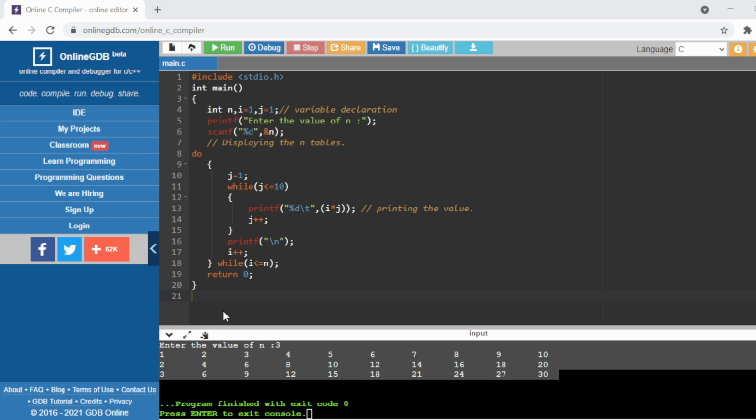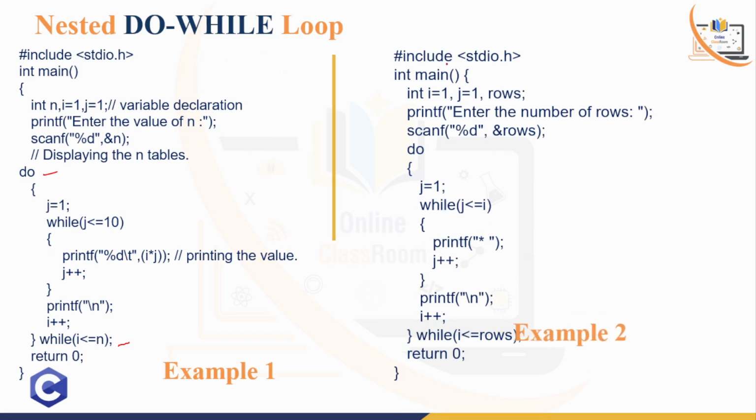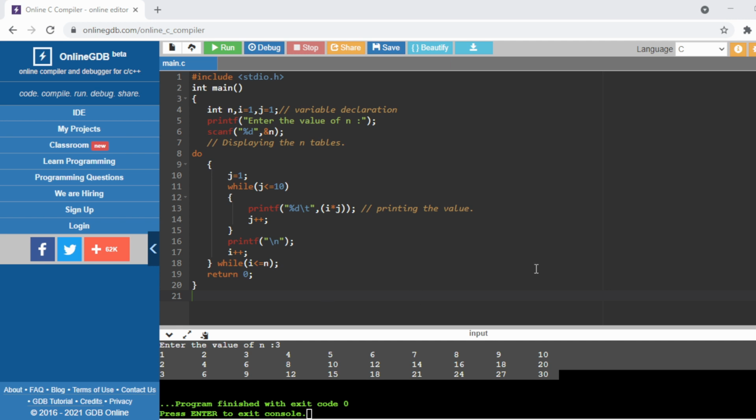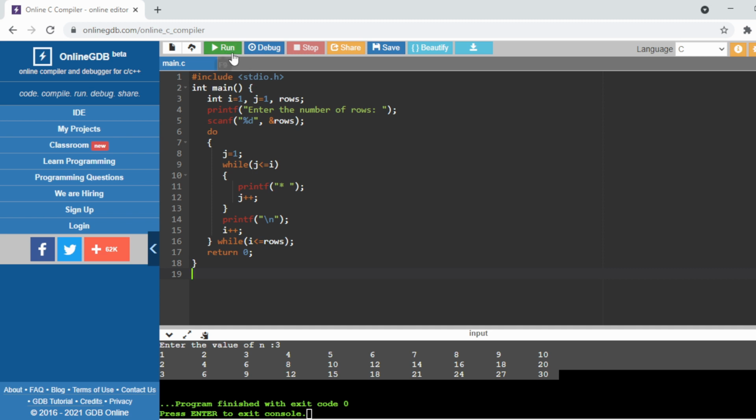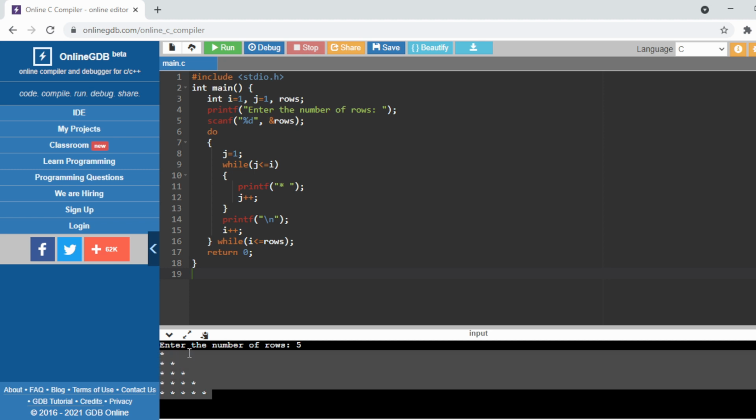Okay, and here there is another code. Suppose we want to print the pattern using the do while loop, and this is the code for that, the same pattern of code. If we compile this code in the online compiler and press the run button, and again give the value of rows equals 5, then again it will give you the same output.